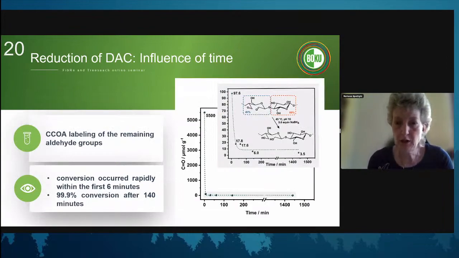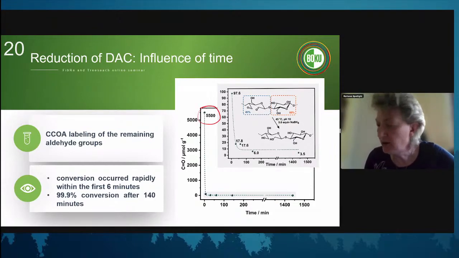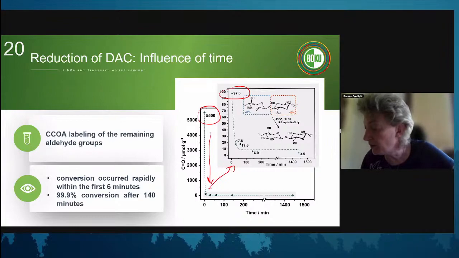We can first look into the borohydride reduction. It's a very fast process. We see that here. We come from a pretty oxidized pulp, with a degree of oxidation around 40. Within the first 6 minutes, we drop down and really reduce to about 100. So this is just a zoom out of this area down here.